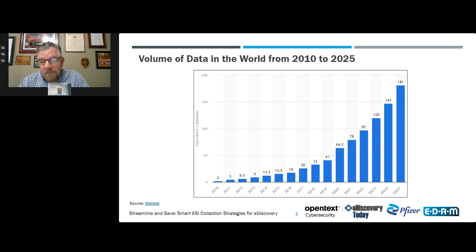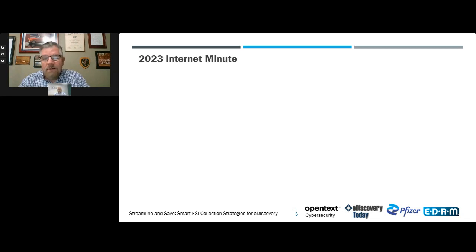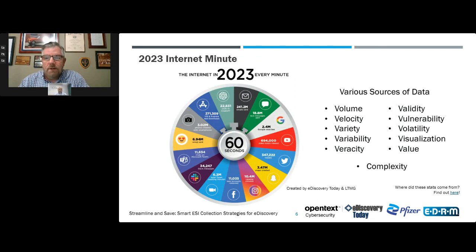And of course, it's not just the volume of data, it's a lot of other V words as well: variety and velocity and vulnerability and validity and value, and that leads to one C word, which is complexity. Here's the 2023 Internet Minute infographic created by eDiscovery Today and LTMG that was published earlier this year, which reflects what happens in a typical minute on the internet.